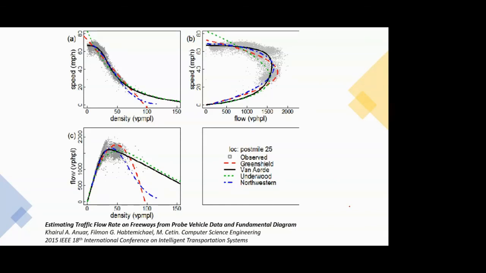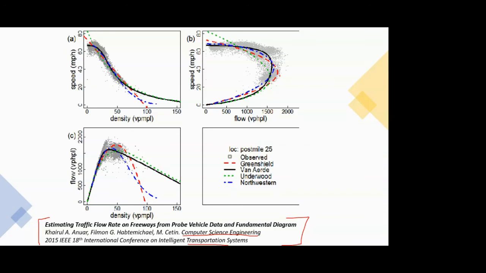I have taken this from a research paper, and purposefully I've mentioned the name over here because this research was done by computer science engineering students or faculty. And they presented it at a transportation conference itself. They are computer science students because they have used some technology, some sensors and some advancements, through which they have calculated the parameters of the traffic stream. Now if you see over here, the gray dots or gray patches are actually the various points. So they have got a lot of readings and they have just plotted them on these curves.